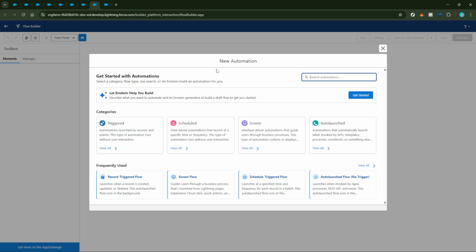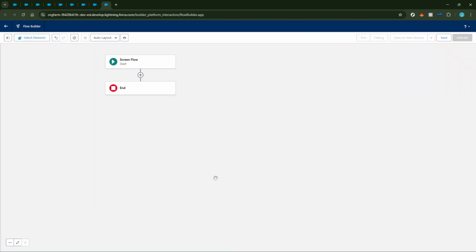Here's where things get interesting. For the object, choose your newly created custom metadata type. This allows your flow to interact directly with the metadata you defined earlier. With the object chosen, the next step is to fetch the records you need. This fetch operation pulls in the metadata records necessary for your flow logic, ensuring that the right data is at